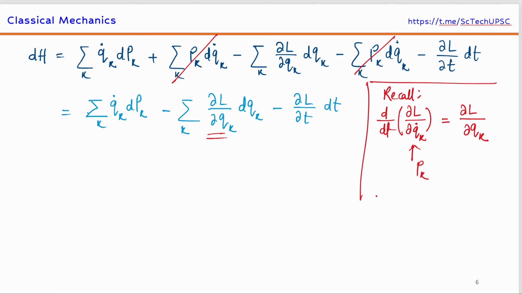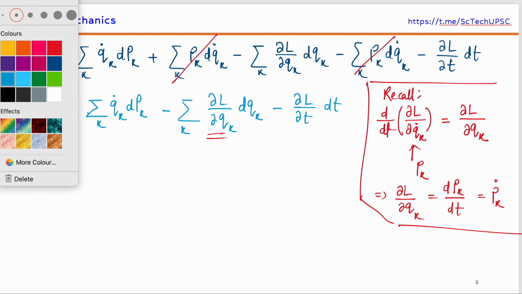So this implies del L by del qk is nothing but our dpk by dt, which is pk dot. So we just use that and rewrite